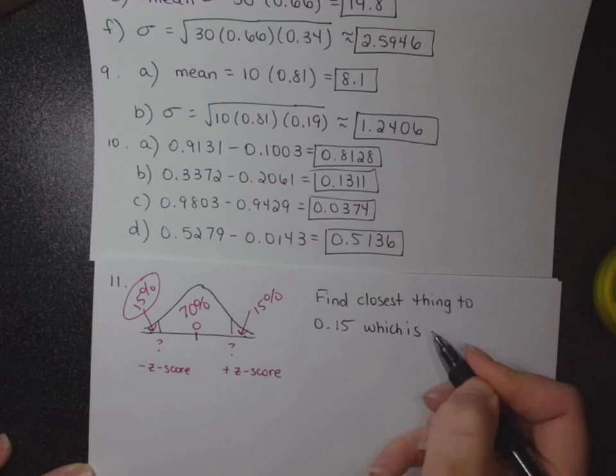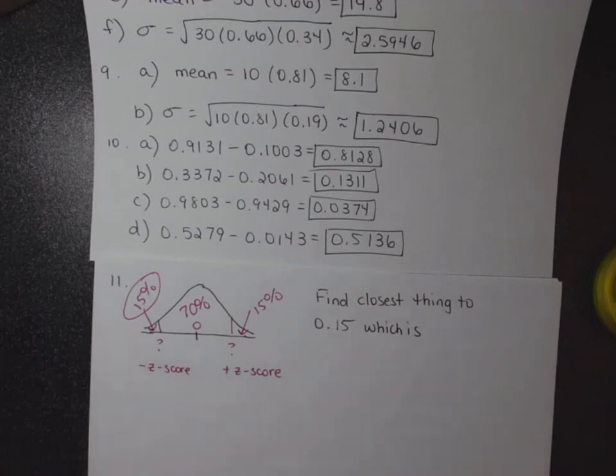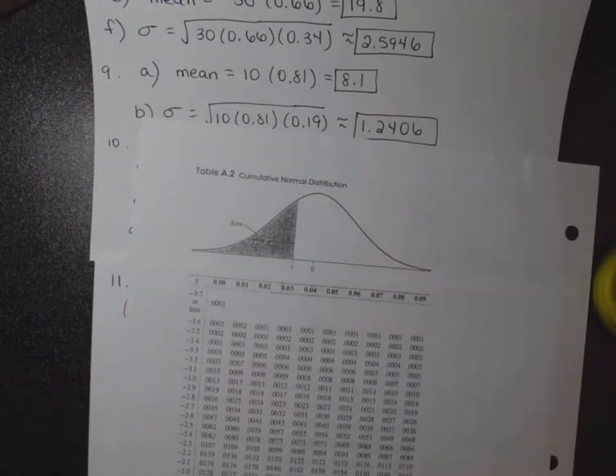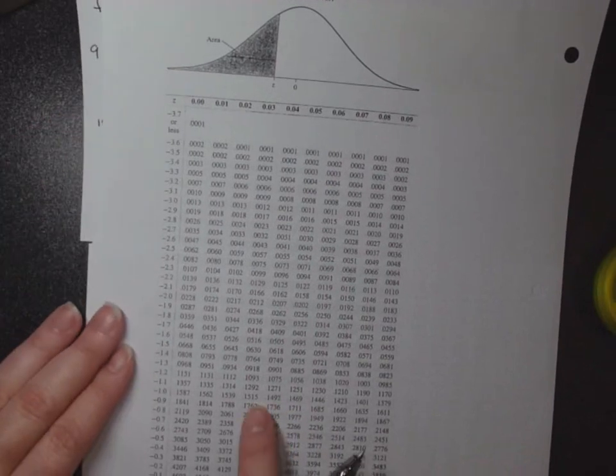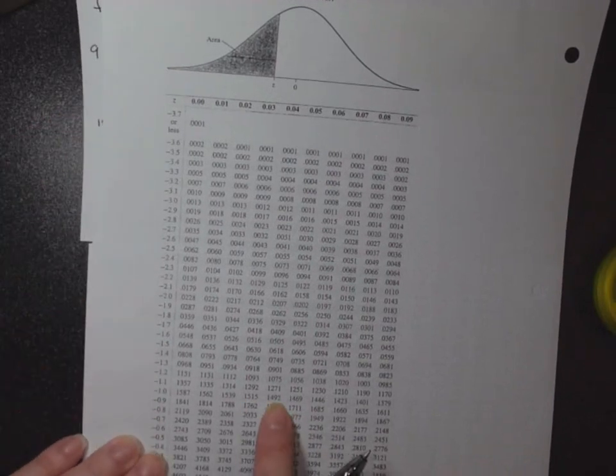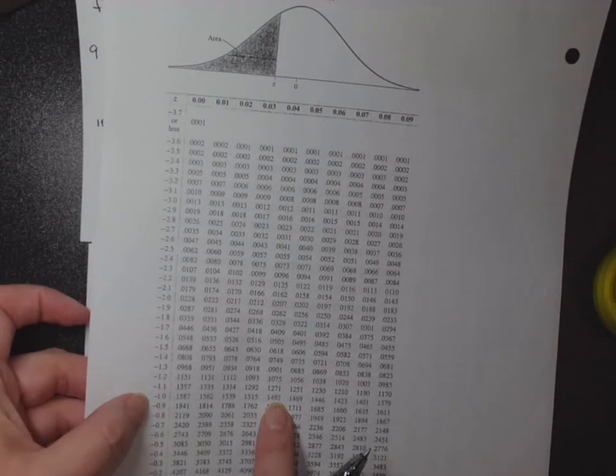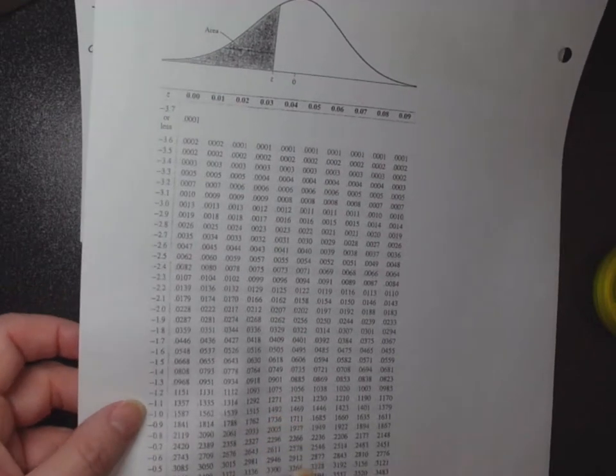Let's look at our chart and find the closest thing to 0.15. Notice we'll have to be on the negative side, right? It looks like there's 0.1515, so let me move my chart up. Here's 0.1515, and then here's 0.1492, and that's the closer one. So it's 0.1492, which corresponds to